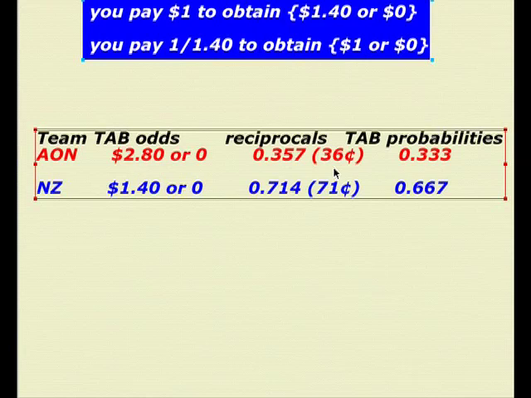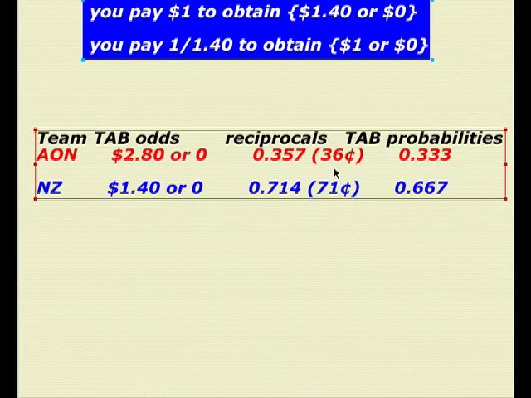Now, really, this is no different than you go into the store and you're saying, look, if I spend $1, I'm going to get 2 kilograms of tomatoes. And then you say, this is your standard question in grade 7 algebra or something like that. Well, how many dollars do you have to pay for 1 kilogram of tomatoes? You just take the reciprocal. I pay 50 cents to get 1 kilogram, or for $1 I will buy 2 kilograms.